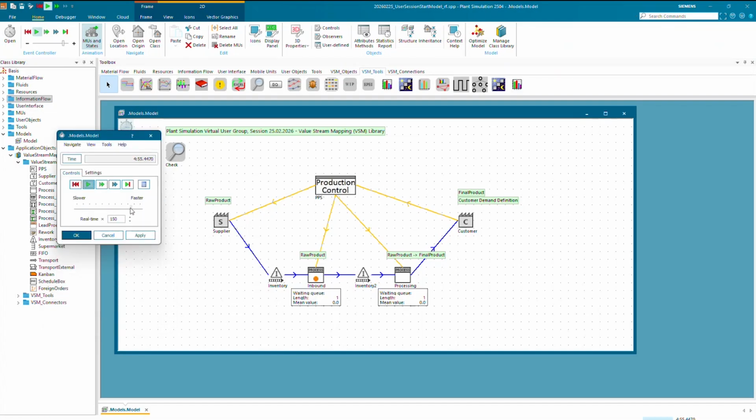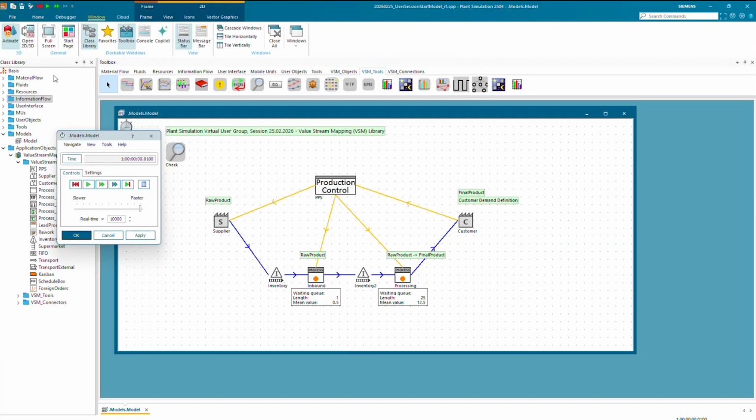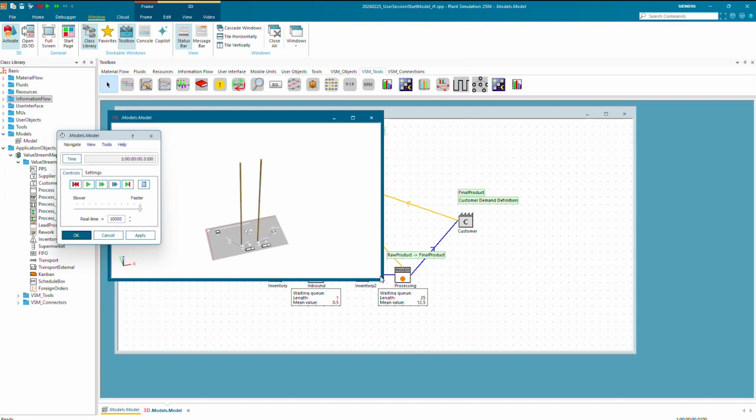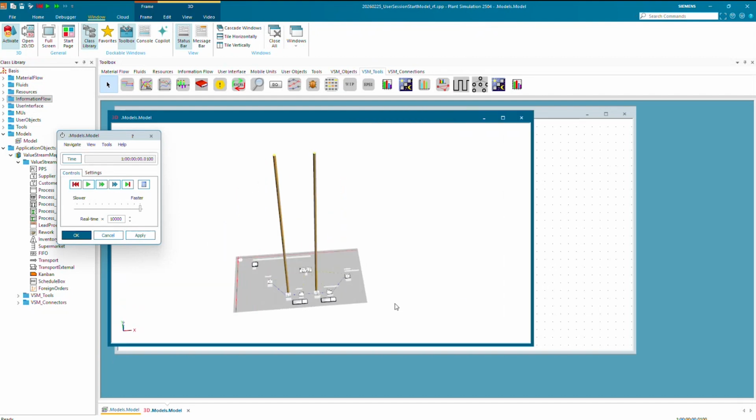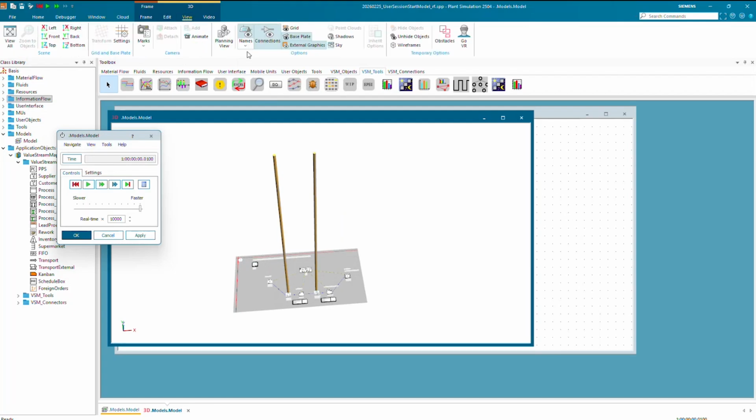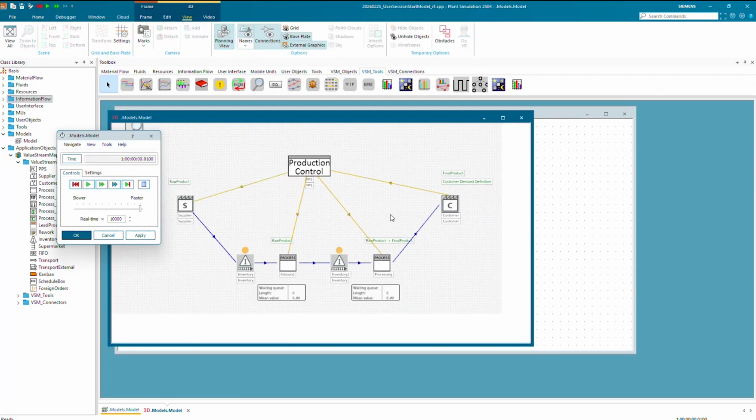If we run this, we basically would see, okay, from an animation point, it's not so much exciting. So you basically see parts running through the system. Once a part is on a process, there is an animation if it's worked on, and it would look like the same in 3D. So if we open this up, you'd have the set axis for inventory, but if you go to the planning view, that would look exactly the same here in 3D as well.